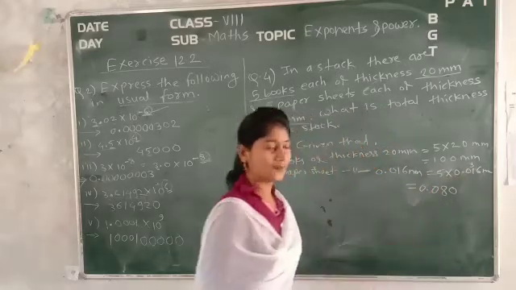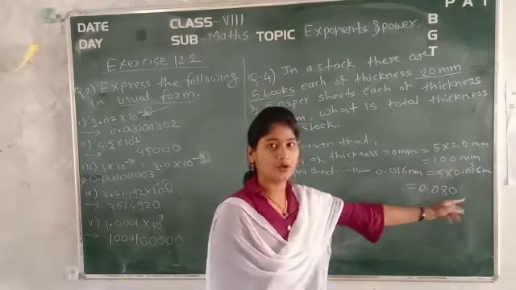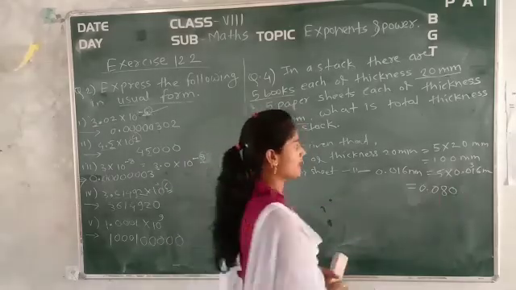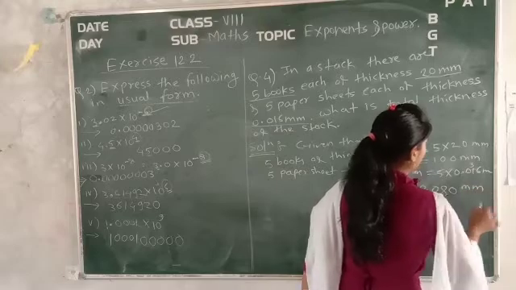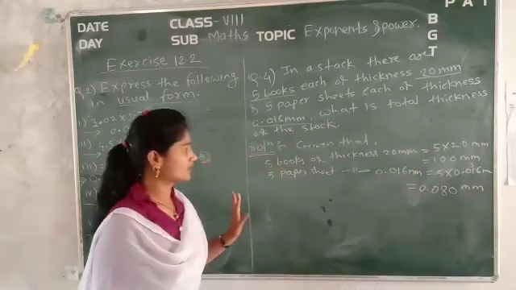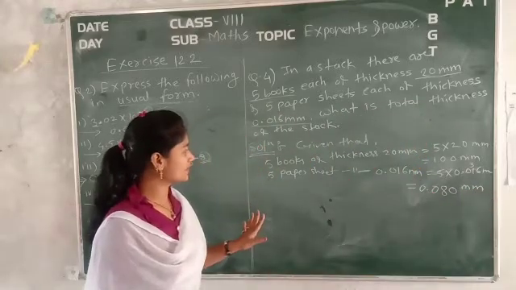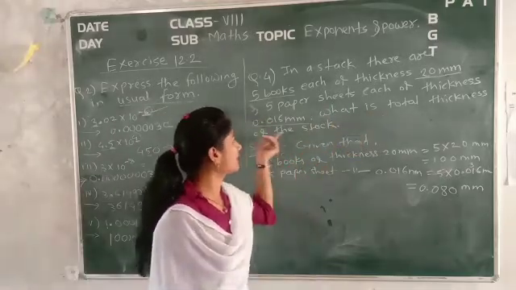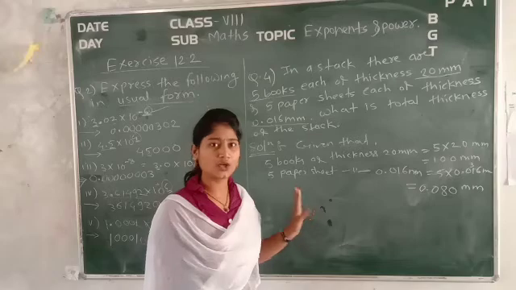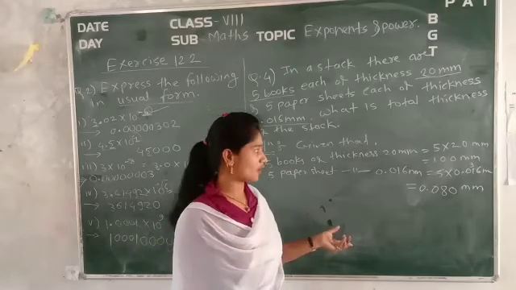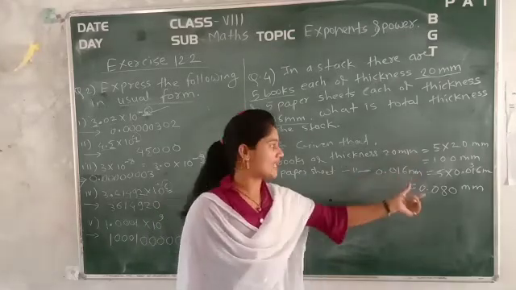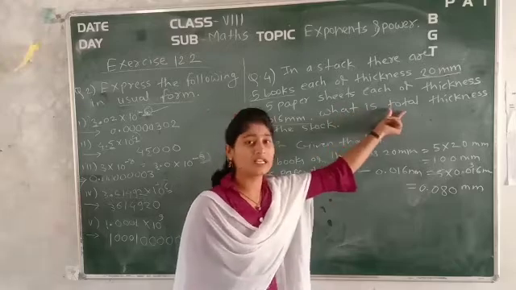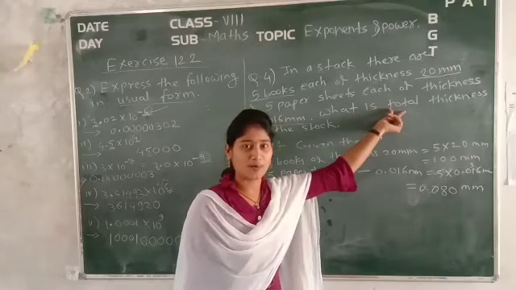So what is the answer? That is 0.080. Okay, and it is in millimeter. Okay, correct? Now see, the next thing is what the question is asking you. What is the total thickness of the stack? Now they are asking the total thickness of the stack. It means that for the first condition and second condition, you have one keyword for doing the particular operation: total.